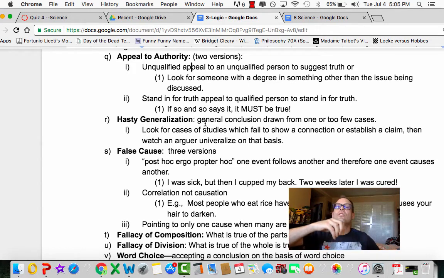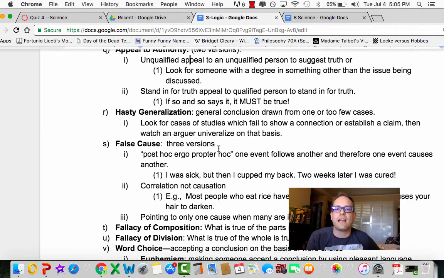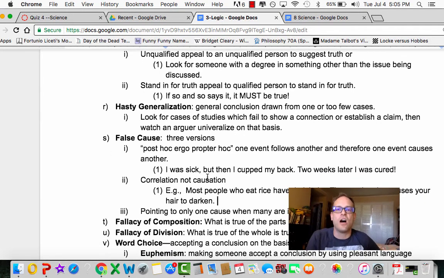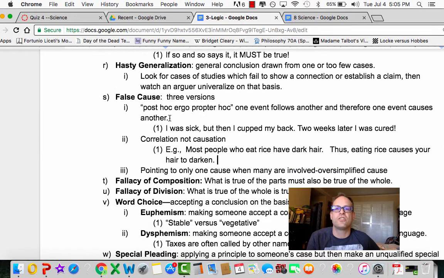You have to be careful. Our mind wants to generalize. It's a tendency that we have, and so we have to be careful not to overgeneralize. When we do that, that's a fallacy. Okay, false cause. This one has two versions. The